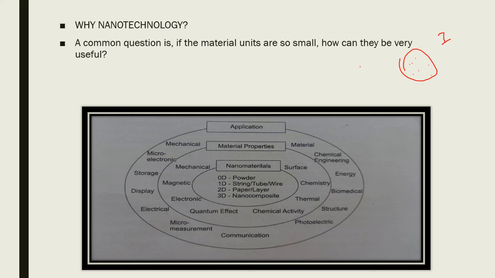In the second case, various scientists and engineers are using a smaller amount of nanoscale material such as nano powder.